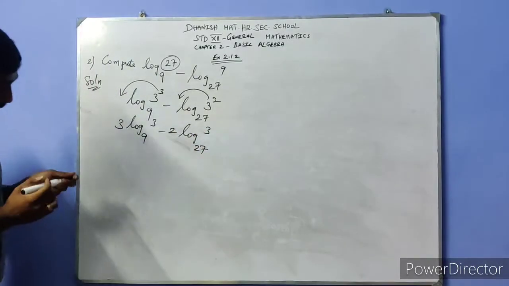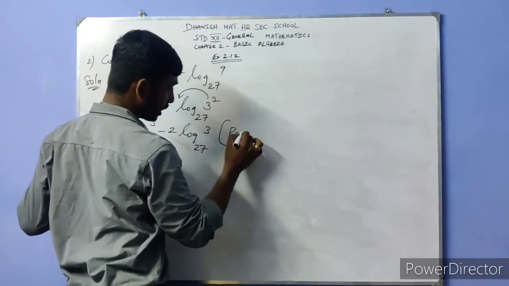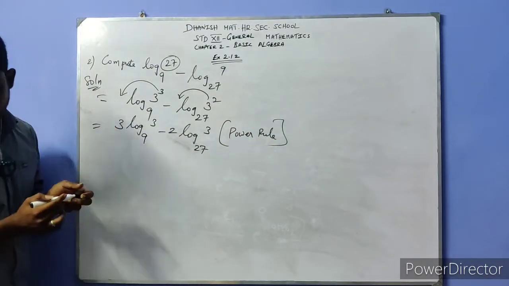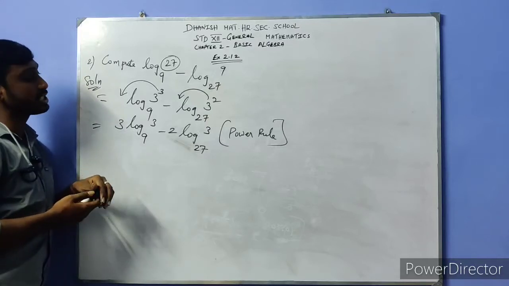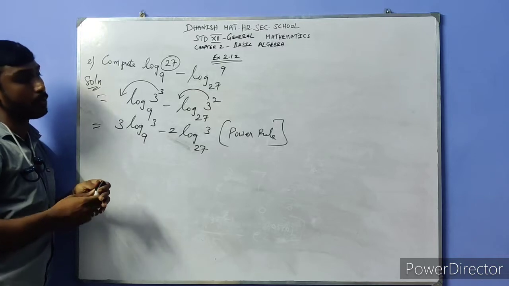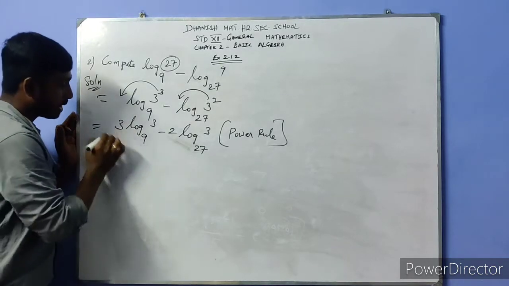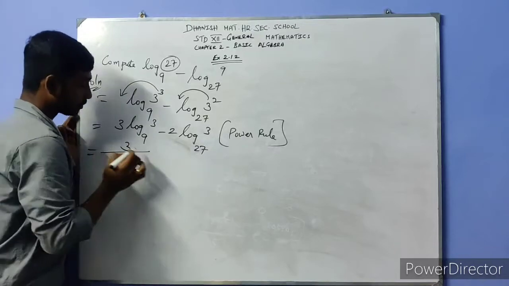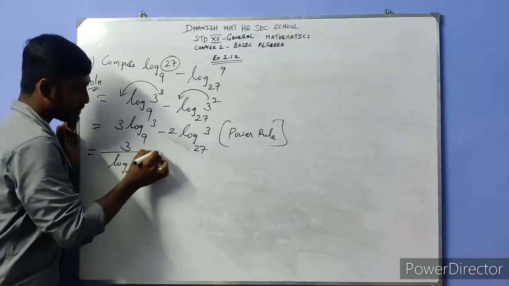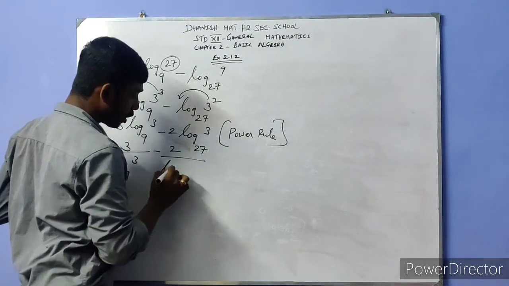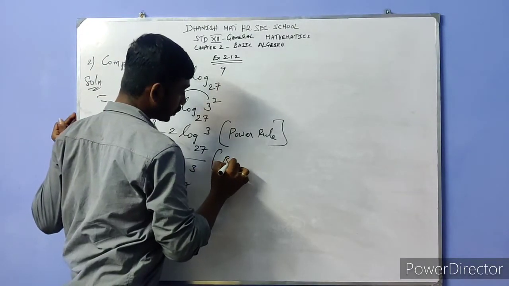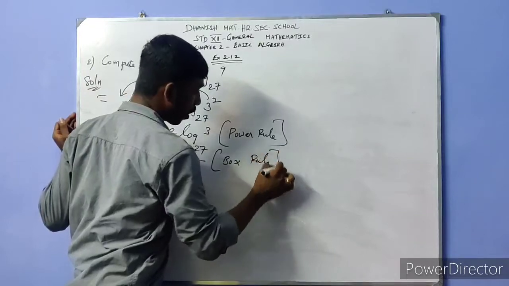Power of 3. So what is the value we are getting here using the power rule? Using what rule are we using here? That is the power rule. The next step is the change, using the box rule. How to use the box rule? The 3 remains the same here. What are our remaining values? That is log 9 power of 3 minus 2 divided by log 27 power of 3. That is using the box rule, so it changes into the box rule method.